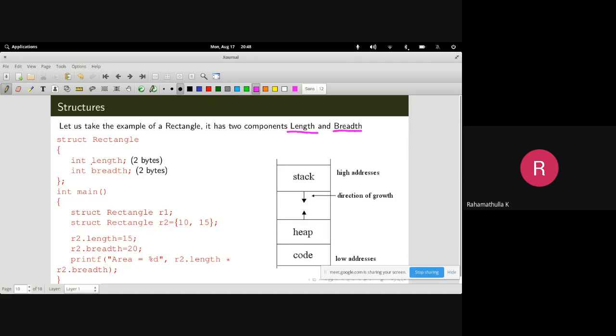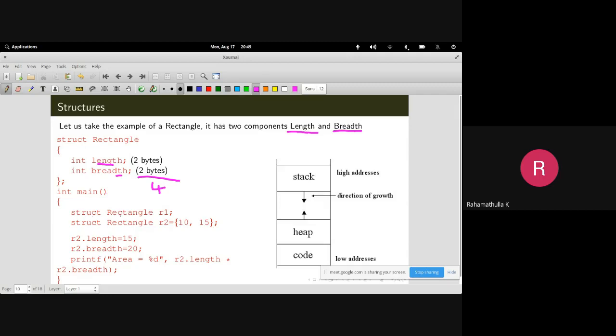Now the struct rectangle is created, and this length integer is going to take 2 bytes, and breadth also is going to take 2 bytes. So a rectangle structure in total is going to take 4 bytes. But if you only define this, it is not going to take any space. It is just a definition.